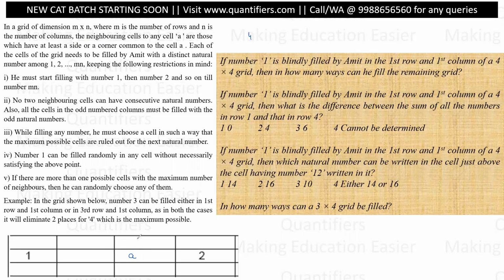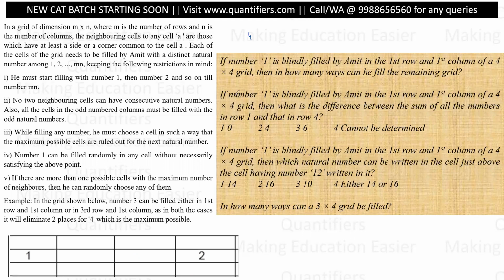Like this shares a side, so let's name it 1. This covers a corner, this corner is common with it. This cell is number 2. This shares an edge. Then this 3 shares a corner. This is a corner that these two cells are sharing. 4, 5, 6, 7, 8. There are 8 neighbors to this particular cell, which we have named as A.